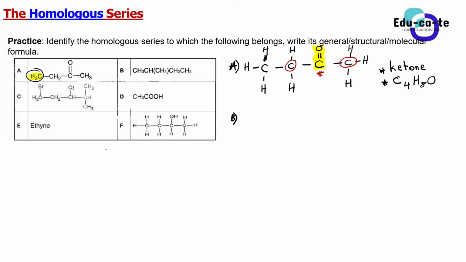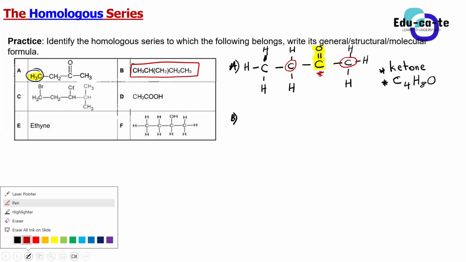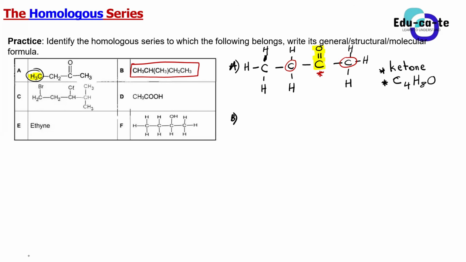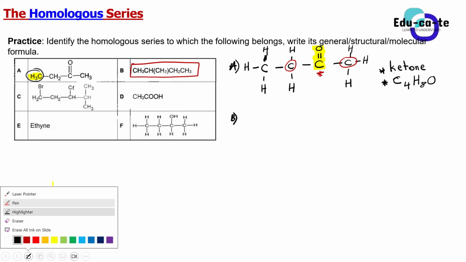So guys, if you cannot see that this is an alkane from the get-go, the condensed formula is a bit condensed. You cannot fully see all the bonds, because for you to be able to identify the functional group, you need to see all the bonds and the lines. So in this case, the best thing is to draw the structural formula. If we draw the structural formula for this one, the first part of this condensed formula is CH3.